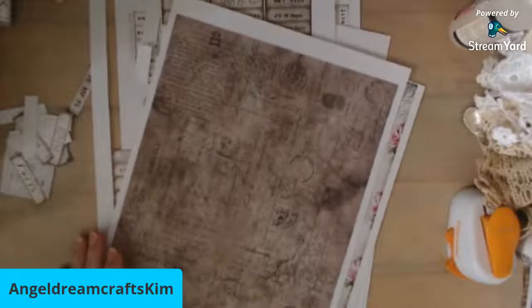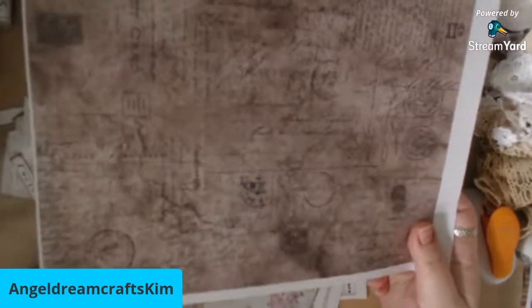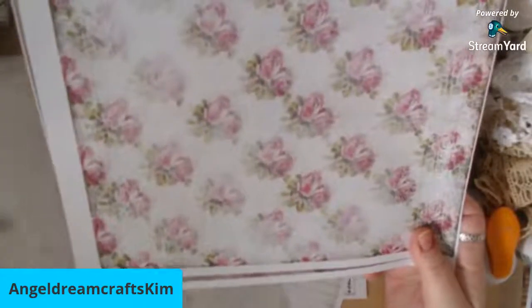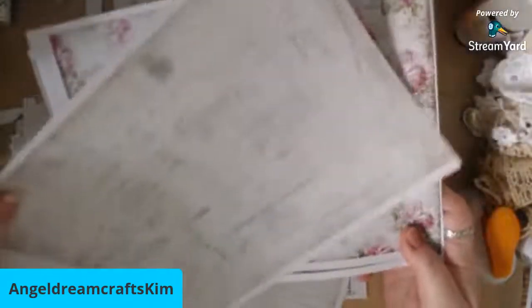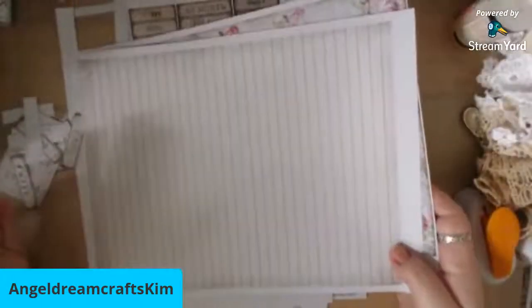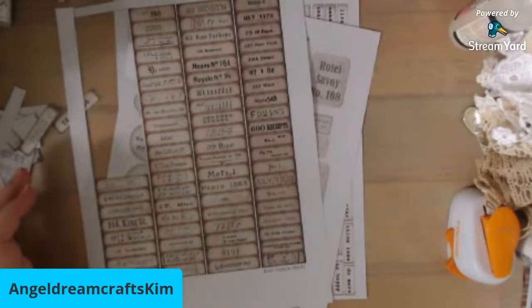But this is what you get in the kit. You get this piece as well. Very pretty, shabby digital papers. Those roses, I love them. And then, of course, my favorite is the script, and you also get the lined paper. So you can use any one of those. But I also picked up when I was there